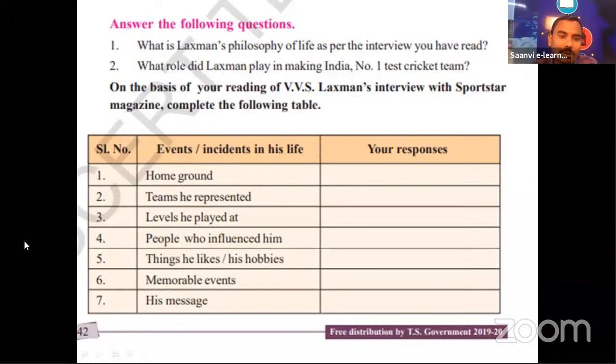So what is the third question? Levels he played at, and the fourth one is people who influenced him. His father. Answer: his father, comma, mother,